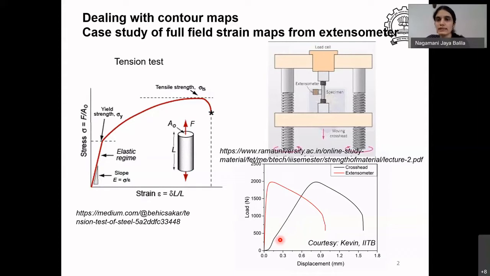So what is also done is nowadays people have extensometers. These are devices which will measure the displacement of the specimen directly. So one is a contact or a physical extensometer, which you can attach to the specimen. It's like a clip, and it will move along as the specimen deforms, whether it's getting elongated or compressed. There is a sensor which will detect how much voltage change occurs while it moves, and therefore it's able to record the displacement. So this will record purely the displacement of the specimen.